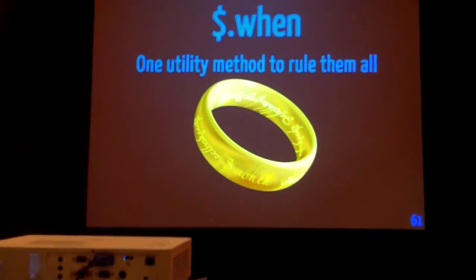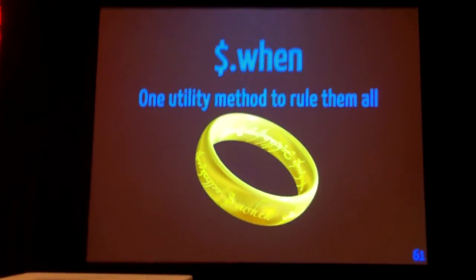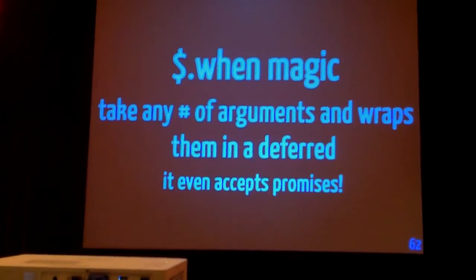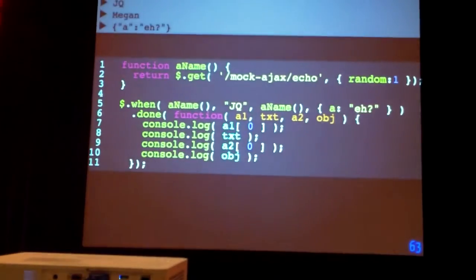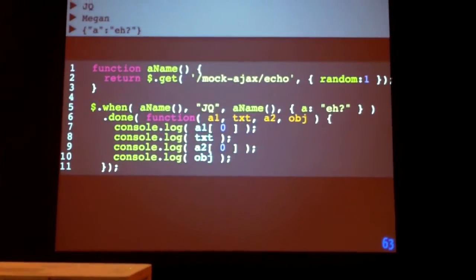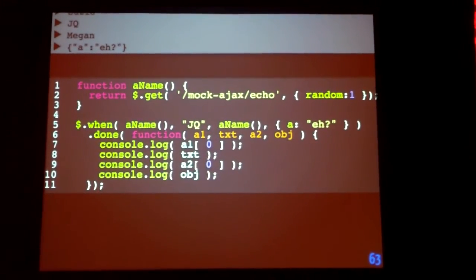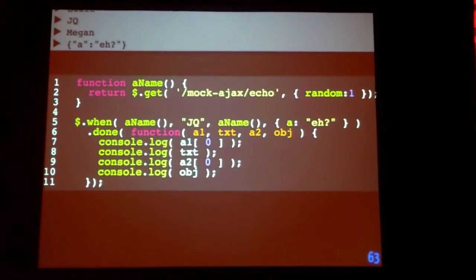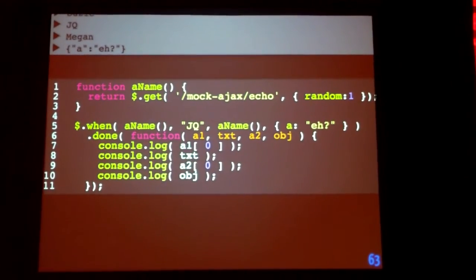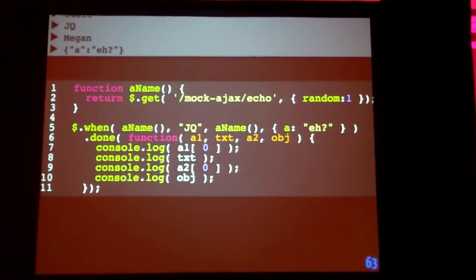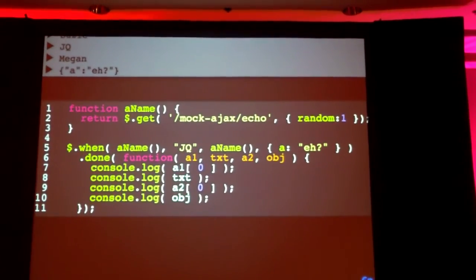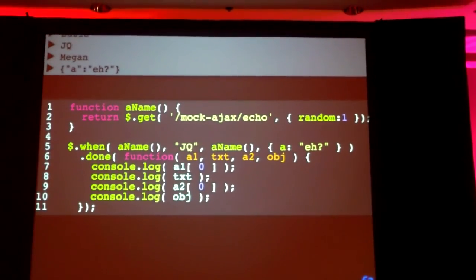Let's talk about being lazy. So you have a situation where you have multiple asynchronous things going on. And so when takes any number of arguments and wraps them in a deferred for you, which is awesome. Because now I can do things like, on line 5, I have this asynchronous function called aName, and it just gets a random name from the server. And so on line 5, I'm passing in that function, I'm passing in a string, I'm passing in a function again, and then an object, it's just taking random stuff. And then on lines 7, 8, 9, and 10, it's logging the result of that. And so even though argument 2 and 4, the string text and the object there, I mean, those resolve